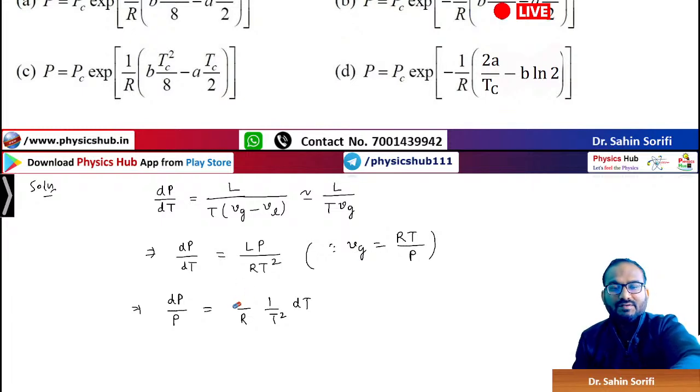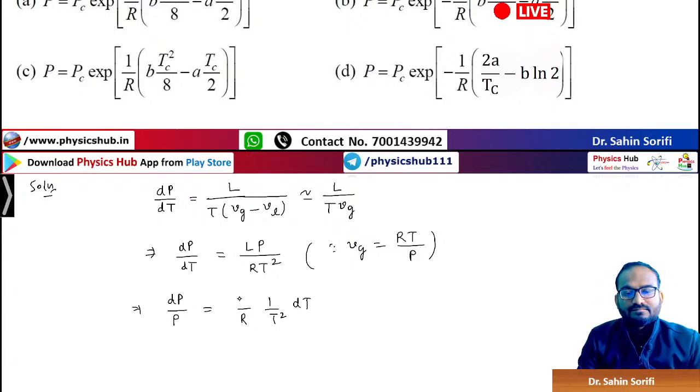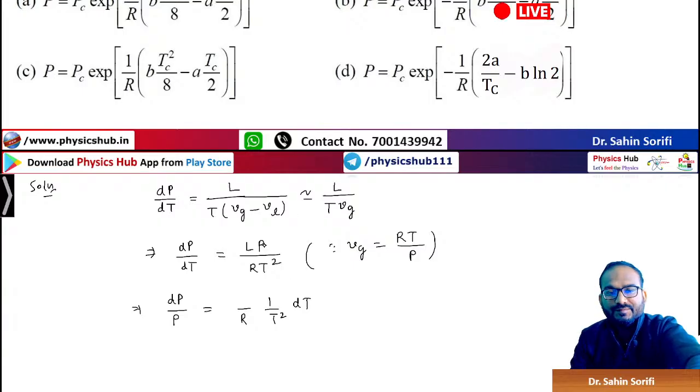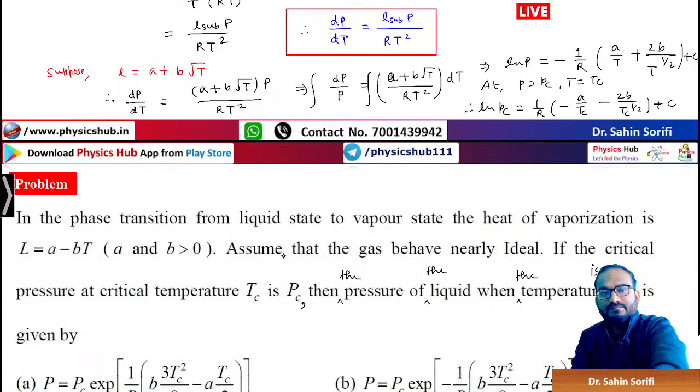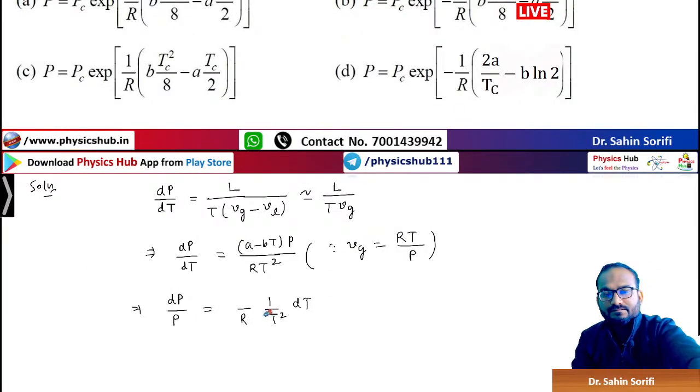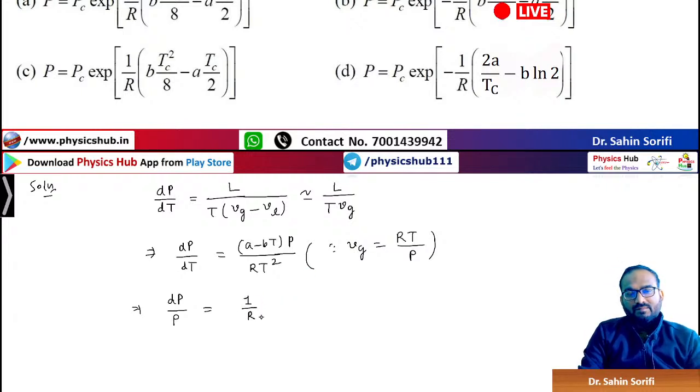Let's put the value of L, because that is dependent on temperature, A minus BT. Okay, let's put it here: 1 by R times A by T square minus B by T